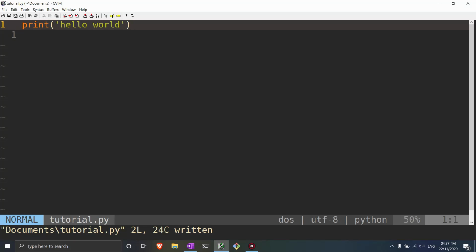Okay, so we're here on my text editor. In this example, I'm going to be using Vim. You don't have to use Vim. If you want to use Sublime Text, which I showed you guys in the last video, you can use that, or use whatever text editor you're comfortable with. But I just prefer using Vim. So I opened the file